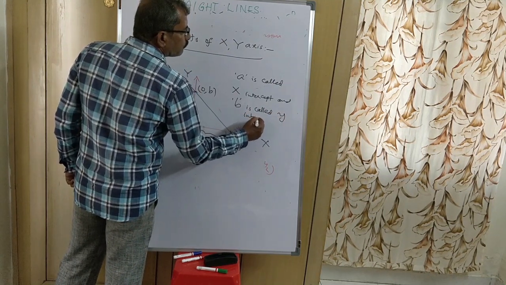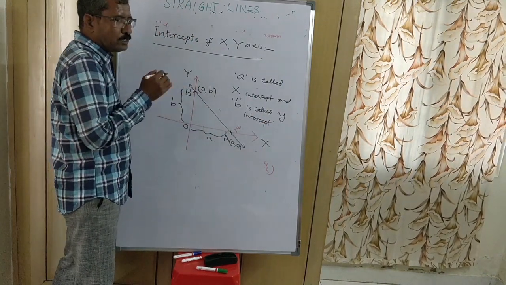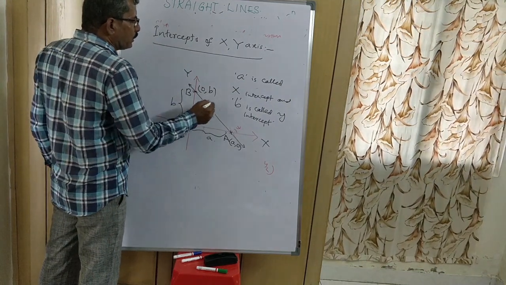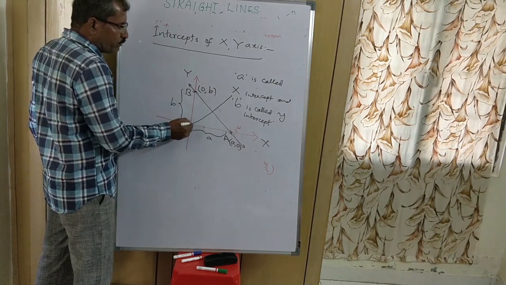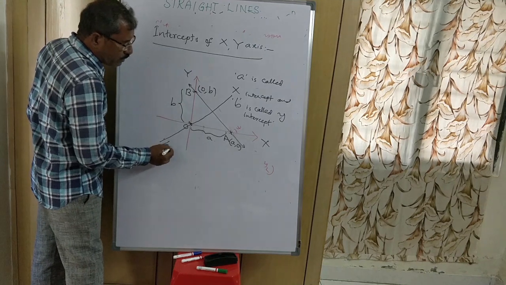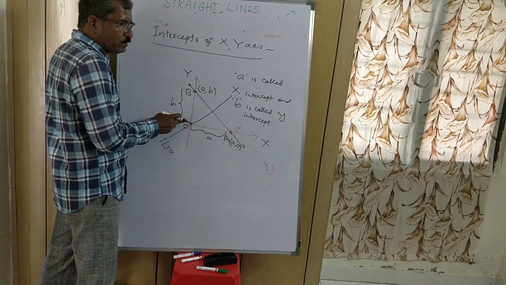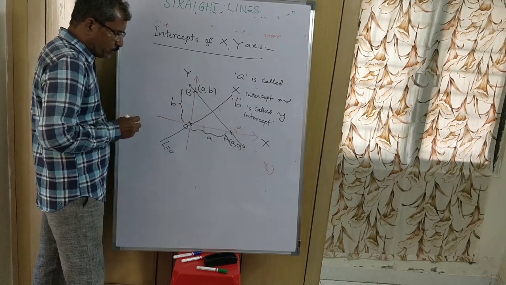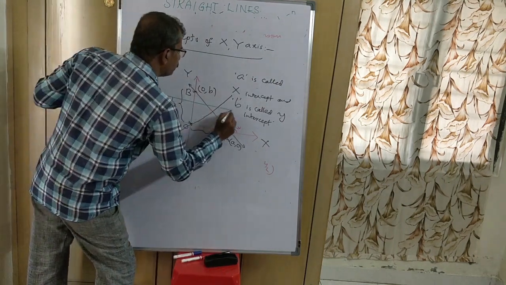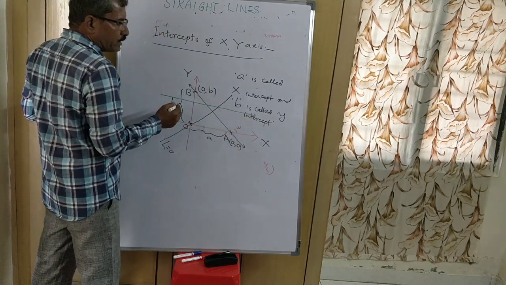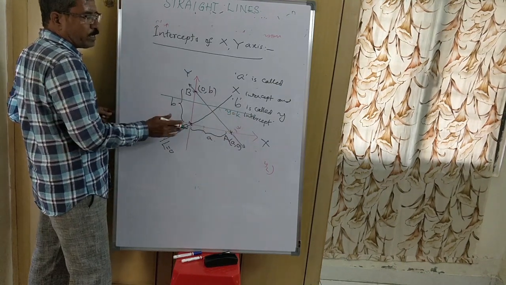Suppose the x-intercept and y-intercept both are 0, then the line goes through the origin. At the origin, if a line goes through the origin, then the x-intercept of this line L is 0 and the y-intercept is also 0. Suppose a line is parallel to the x-axis. You observe this. Say this is some y is equal to k line, which is parallel to the x-axis. It doesn't intersect the x-axis.